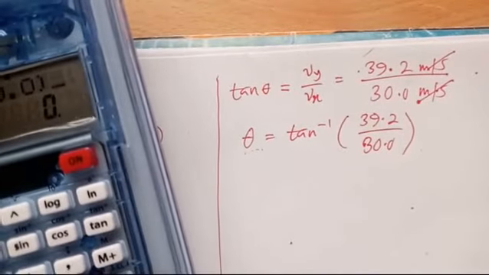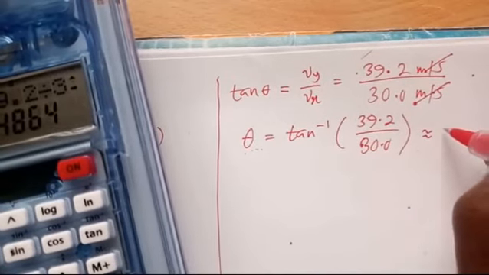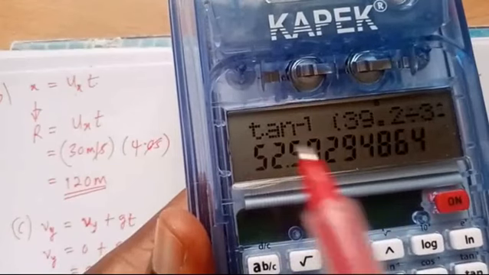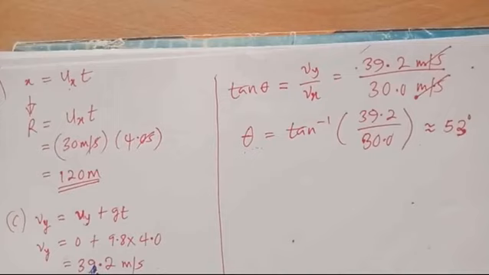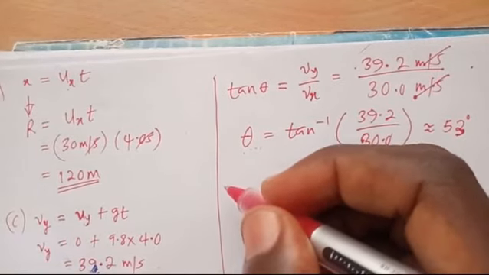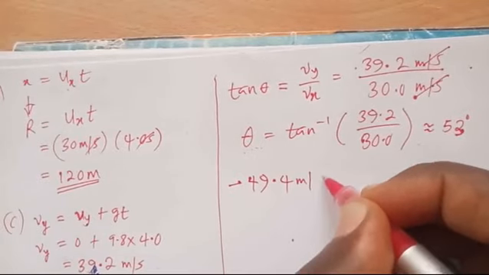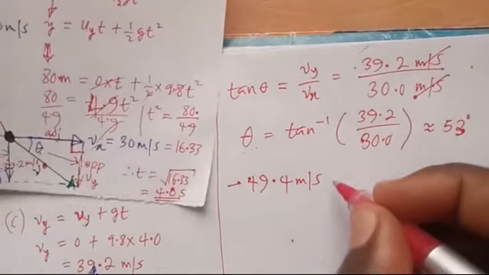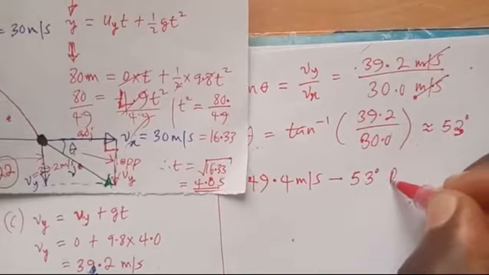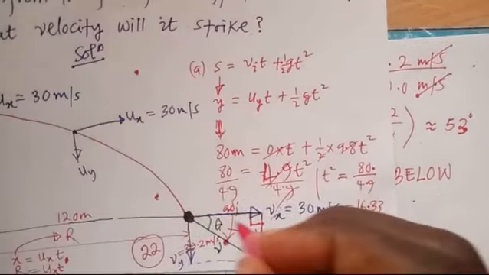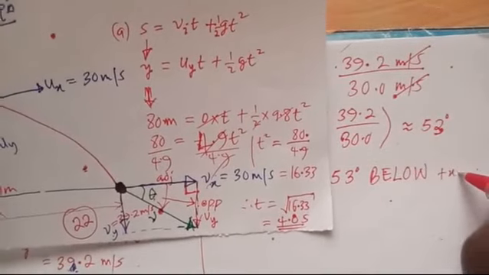After closing the bracket, you can press the equality sign, and your angle, correct to the nearest angle, is 53 degrees. When we approximate it to the nearest whole number, we get 53 degrees. So it means the final velocity, the velocity with which it strikes the ground, is 49.4 meters per second. Is it above or below? Then you have to specify and say 55 degrees below. Clearly it is below, right? This is the plus x-axis, so below the plus x-axis. If it is above, you say above, but this one is below the plus x-axis. So with this, we have successfully solved problem